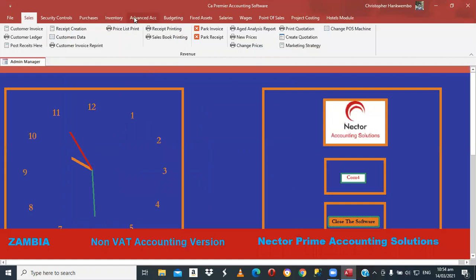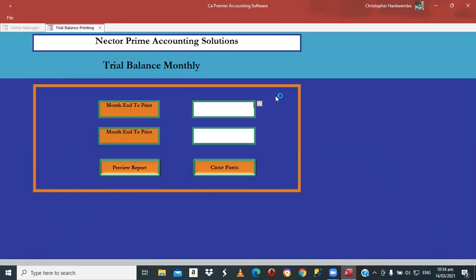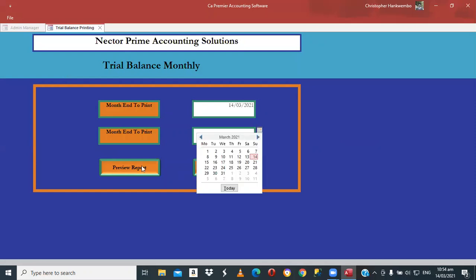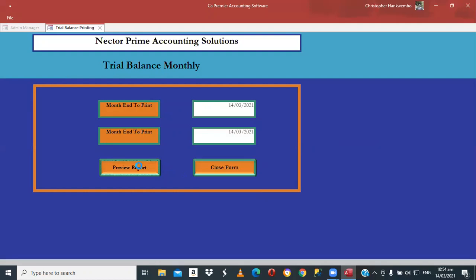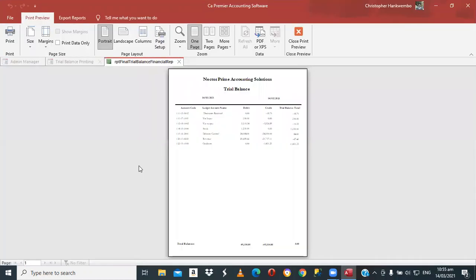So at this point, people, we are done. Let's look at the accounting entries the way they are looking at the moment, right? So I'll use the trial balance, which allows me to select only for the day so that we are able to see the entries for the day. Remember, the trial balance goes through all the tables, which in this case, it has to go through all the 121 tables there, which are operating the CA premium accounts. So now, after seeing that,